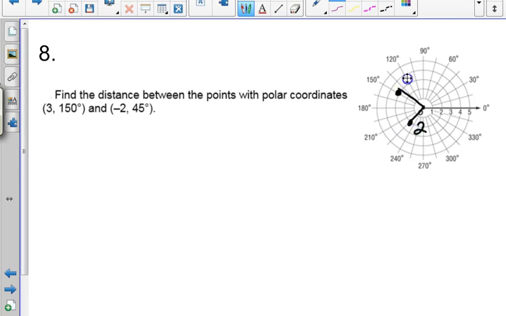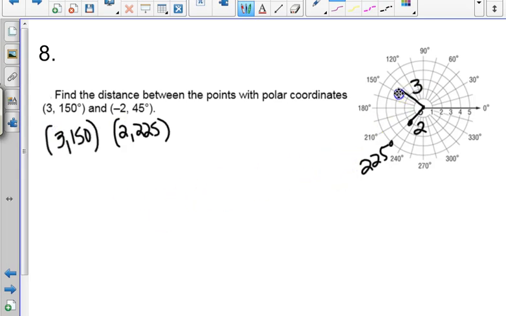If we wanted to call that 2, what line would it be on? 45 plus 180? Thank you. So if this is really 2, 225, and this was 3, 150, if we want to do the